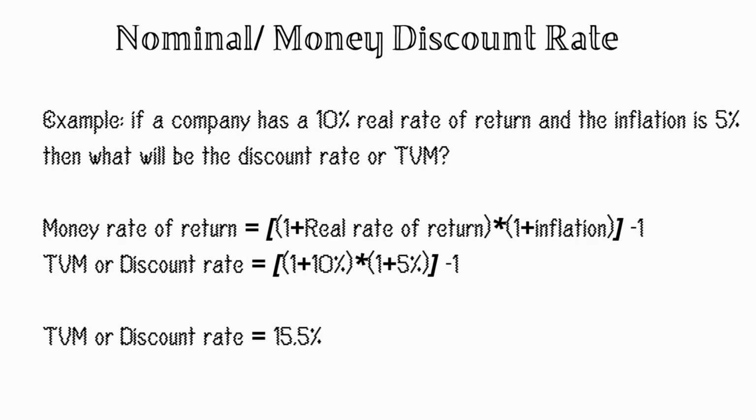Alright, I assumed you all performed the calculation and did it correctly, and the correct answer is 15.5%. This discount rate of 15.5% is called the money discount rate, also known as the nominal discount rate. Here the term money or nominal indicates that it has the impact of inflation in it, while the 10% is called the real rate of return, and here the term real indicates that it has no impact of